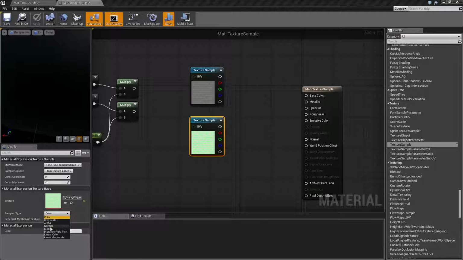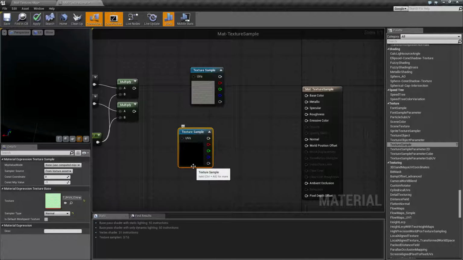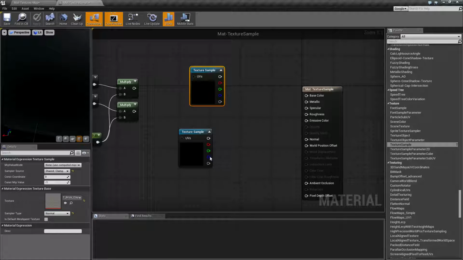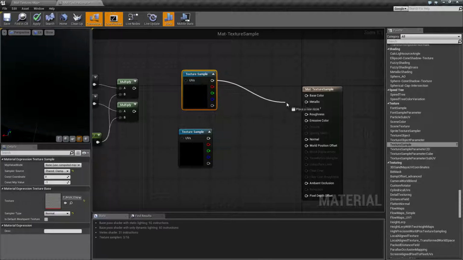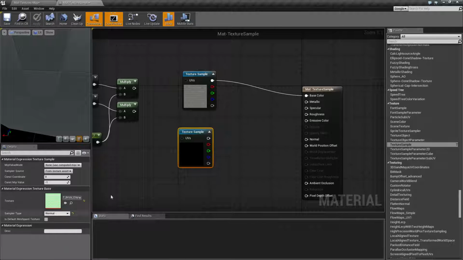So if I change this to normal, for example, and try to apply it, it's going to let me know right now there's no issue because this could be used as a normal map. But if I was to take this color one and change it to normal and hit apply, it's going to let me know that it can't be used as a normal once I plug it into my base color. See right here? Sampler type is normal, should be color for this texture, because the base color is expecting a color input sampler type. So if we switch that back to normal,